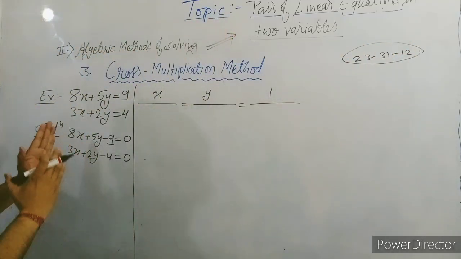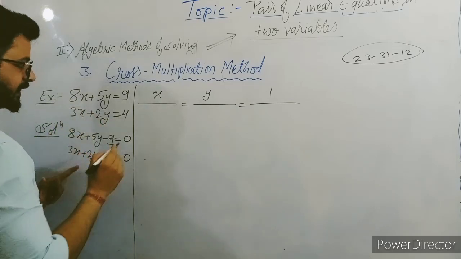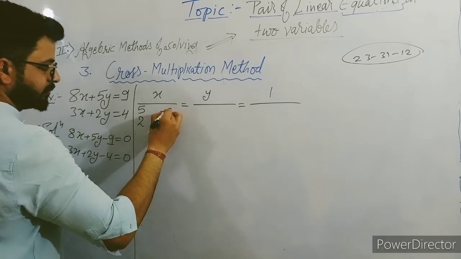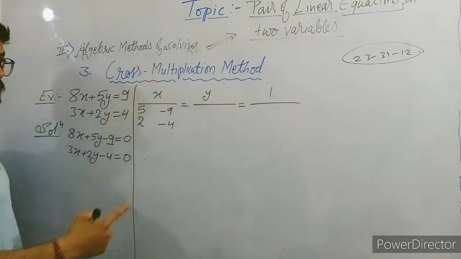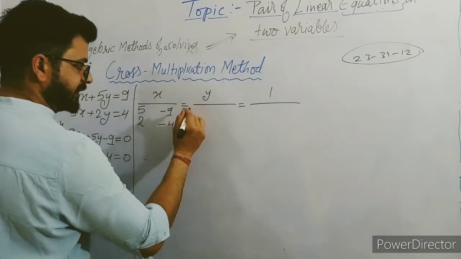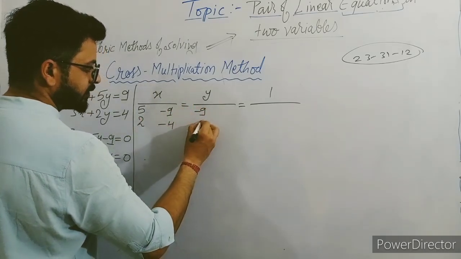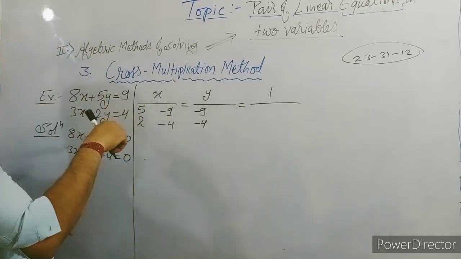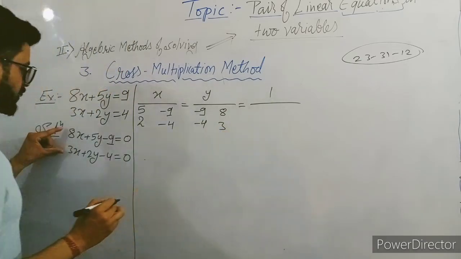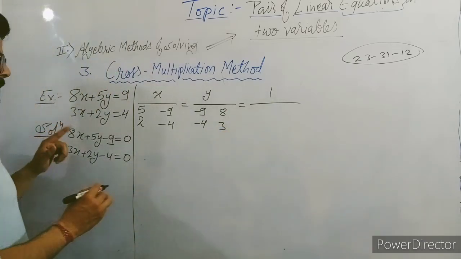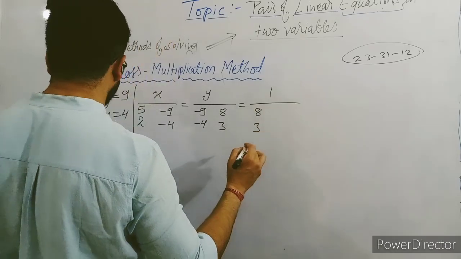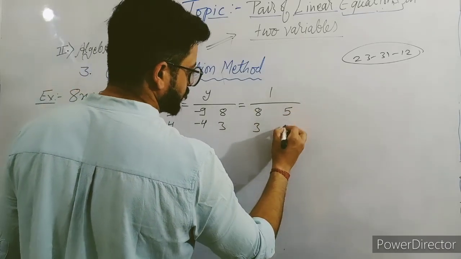Okay, 23 means second column and third column. So the second column is 5 and 2, only coefficients, minus 9 and minus 4. 31, 3 and 1, the third column. Without looking also you can write this part, because the same part will come. 3 and 1. 1 is 8 and 3. 8 and 3, this column. Only coefficients you will write. Now for 12, 8 and 3, and 5 and 2.